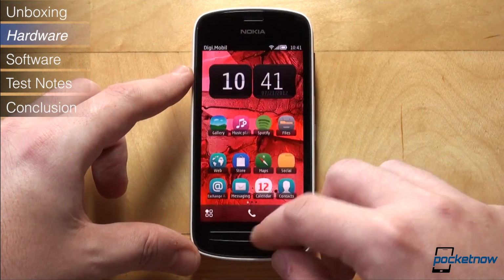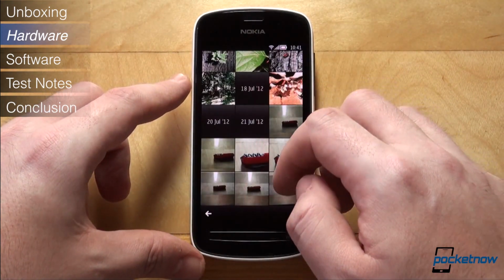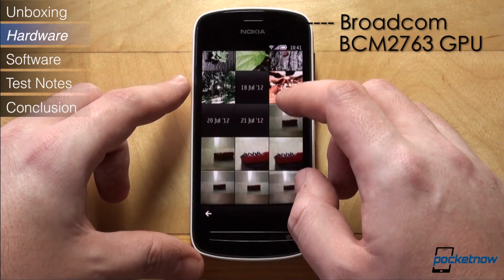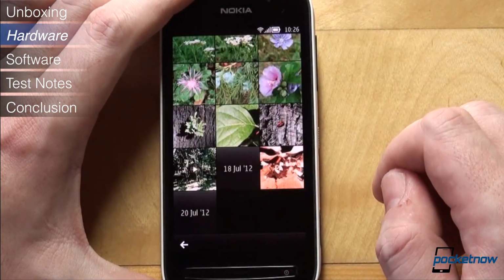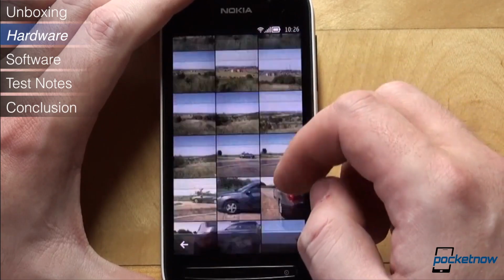In order to cope with extremely demanding tasks, of course graphics-wise, of handling 41 megapixel images, the 808's processor is aided by a dedicated Broadcom BCM2763 GPU, a step up from the GPU on the N8. Thanks to the addition of the GPU, capturing images, processing them, pinching, zooming, scrolling, you name it,